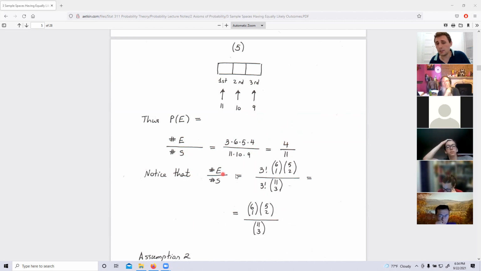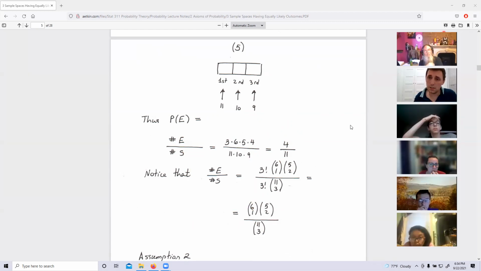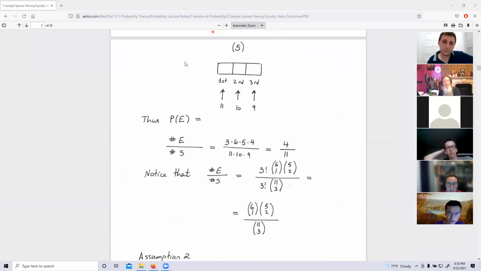And then I tell you again, somebody wrote in the comments, the answer is 6 choose 1, 5 choose 2, divided by 11 choose 3. And here, if you carry out the calculation, you see that's indeed the case. Yes, you can make it look like an answer that somebody gave before. Any questions? So at the bottom is the probability of any 3 balls, any color, doesn't matter.